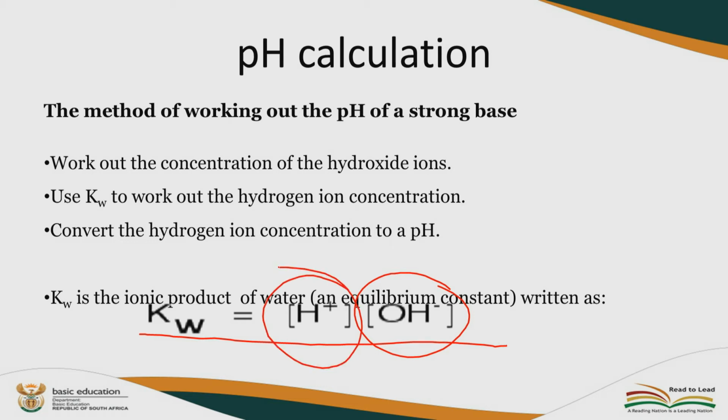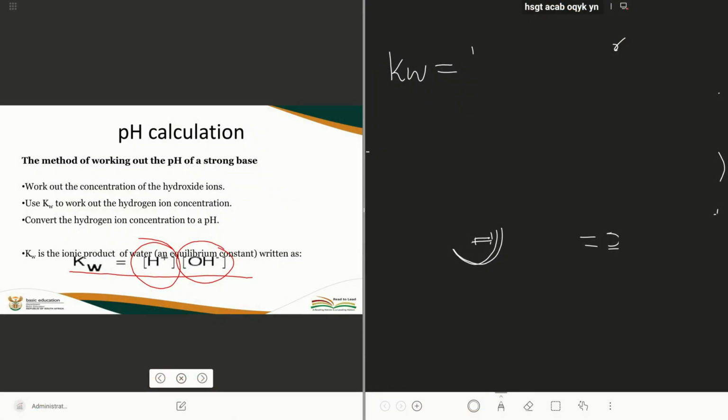Now, it is very important that the constant ionization of water is understood for you to be able to convert it to the pH of a base. The constant ionization, Kw, which is the symbol for the constant ionization, is given the value 1 times 10 to the exponent minus 14. So for you to be able to find the number of